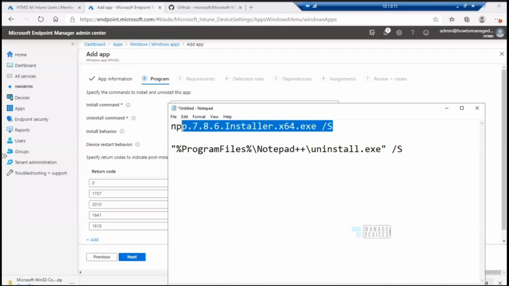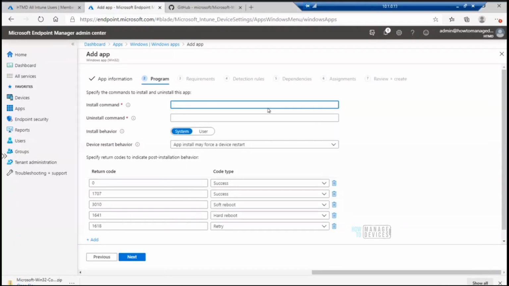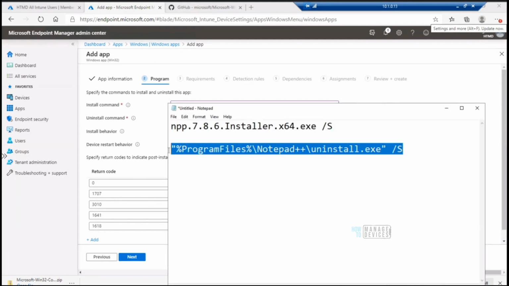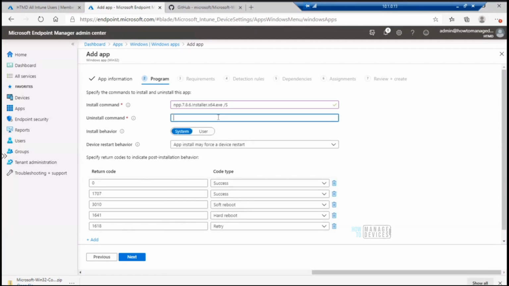For silent install, this is the option, /s. If you are not familiar with silent install options, you can get the documentation from Notepad++ or any vendor for that matter, and use their supported command line. Okay, so let me go to Notepad and try to get an uninstall command also.